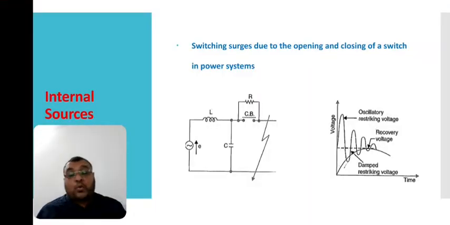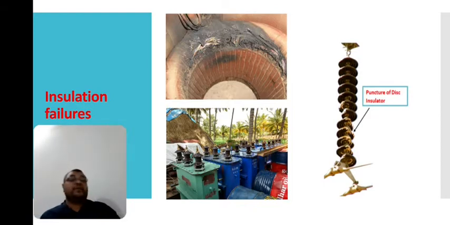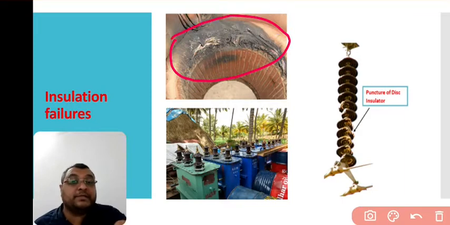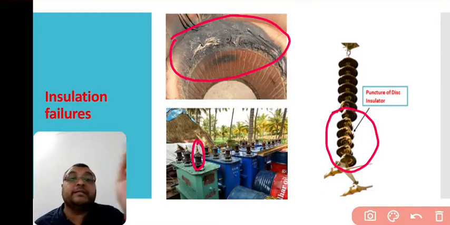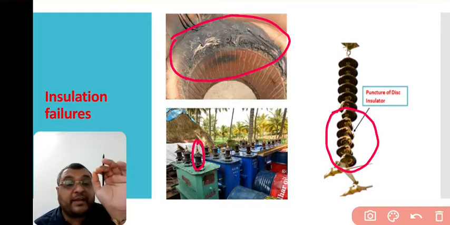Okay, so after that we have to move to another important point, that is insulation failures due to the transients. You can see in that picture, you can easily understand the insulation failure. You can see this part of the insulation is completely damaged. You can see the eruption of that particular insulator, and the puncture on the disc insulator. All these things happen when severe transients occur